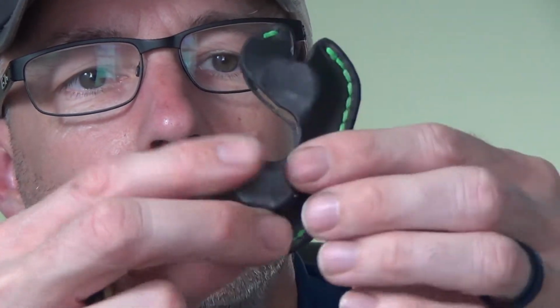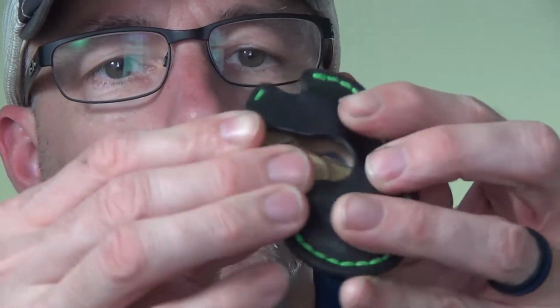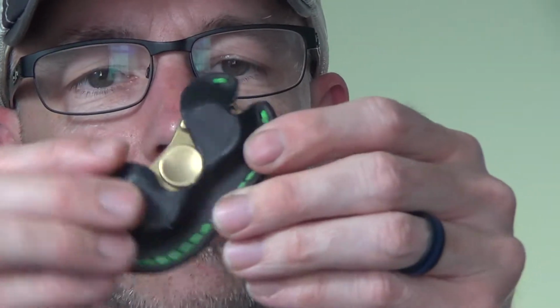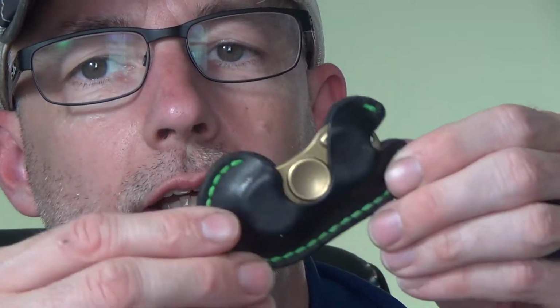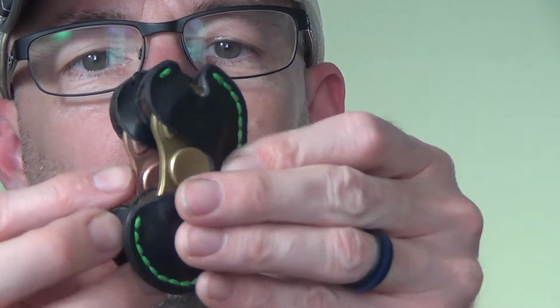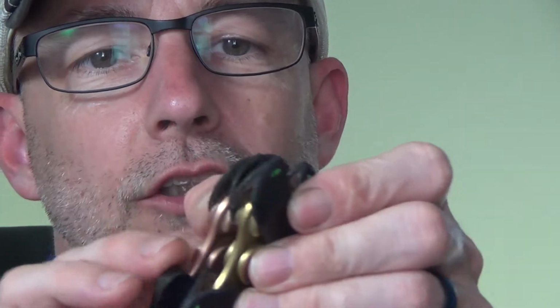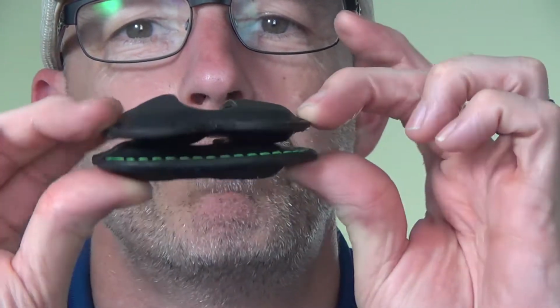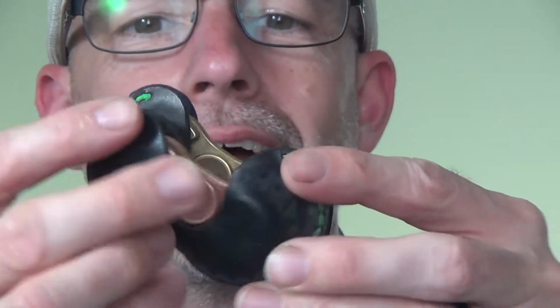But the Jake Coy is a stiffer leather. It's more formed. Matter of fact, you can hear it. It sort of goes in with a click. You probably can't hear it on the video, but it's a much more solid clamshell. But with that said, it's much bigger. Let's see if I can show you here. I know it seems like I'm making things up, but it is a bigger design, whereas the